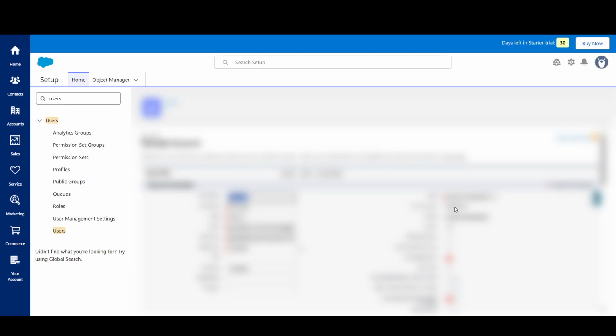Removing a license typically means switching the user to a license type that does not consume your paid Salesforce license count or deactivating the user if they no longer need access. Your exact options depend on the licenses available in your org. Keep in mind that some permissions, permission set groups, or feature entitlements can prevent changing the license until those dependencies are adjusted. If you see a warning or the field is locked, note the message and plan to address the